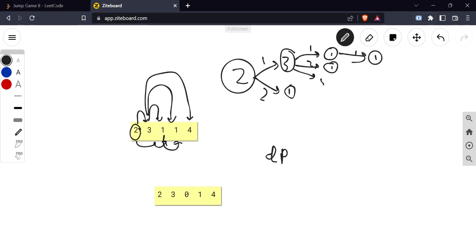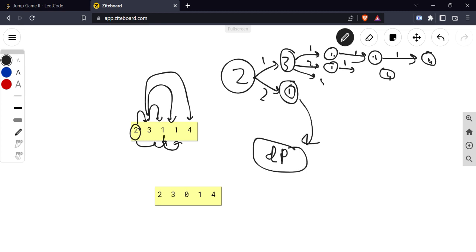From there, if I take one jump, I'd reach 4. From here, if I take one jump, I'd reach 4. So instead of repeating this process again for 1, as I said earlier, I'm storing these values in the array called dp. I take all the possibilities in which we are reaching the end